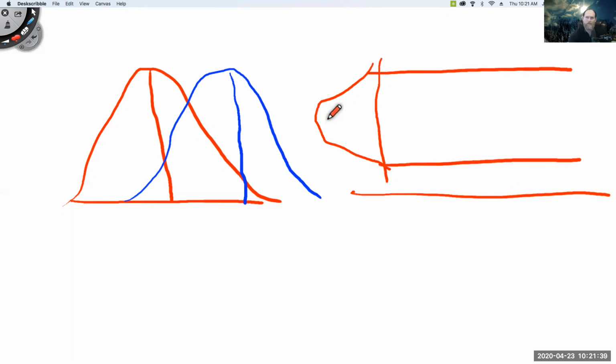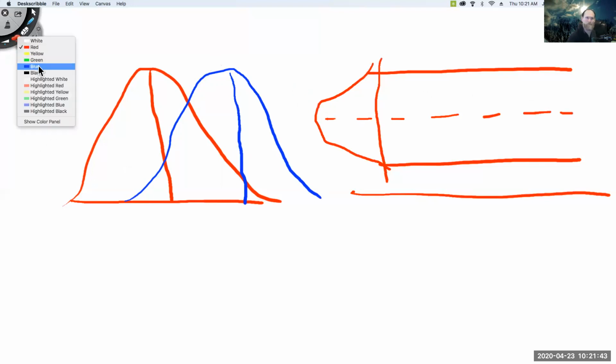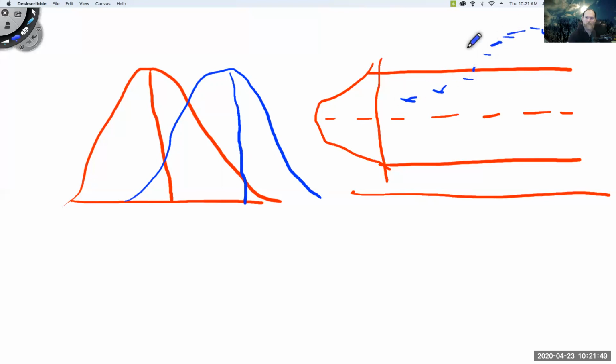So when we have the blue thing going on, we see performance drifting outside of that control limit, which would be the same as performance out here. Okay, so that blue is actually going on right here, and that's why we have that performance up there. So that all is what an X chart does.